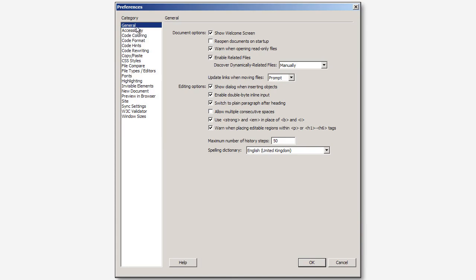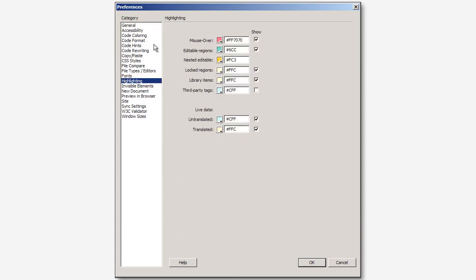Now presently we're looking at General, the one we looked at in the previous tutorial, but of course all you need to do is work your way down to one of these categories, and then by selecting it, this one for example, highlighting, well in this case we'll open up various options and checkbox changes you can make that are particular to how highlighting works within your documents. Now I'm not going to go into this at the moment, we'll get back to this as and when necessary